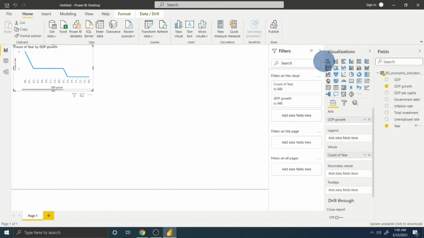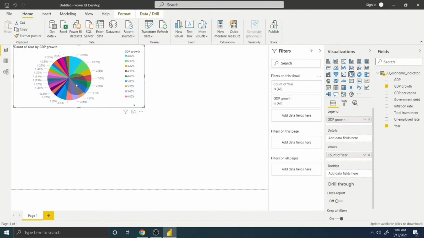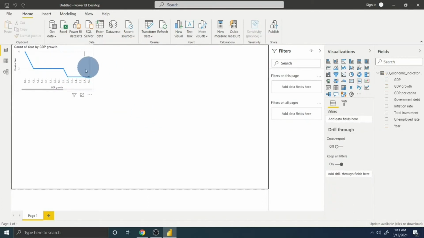Now let's assume that we would like to draw another one, called the pie chart, which is one of the most important parts. So let's assume that we would like to see the same thing in the pie chart, and you see here the GDP is now in different formats, for example this one is the color version, 6.5, 60%, and there is a lot of information coming year wise. If we do not want to keep this pie chart in our case, we can keep this line diagram and make a new pie chart.